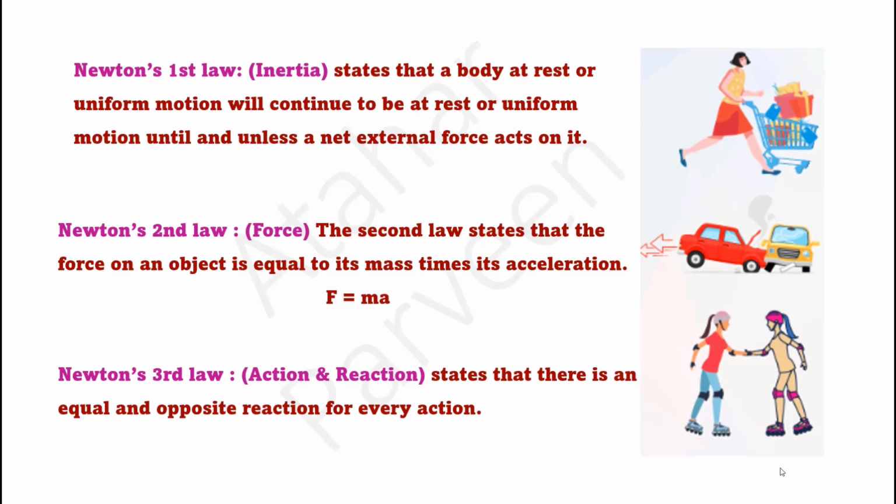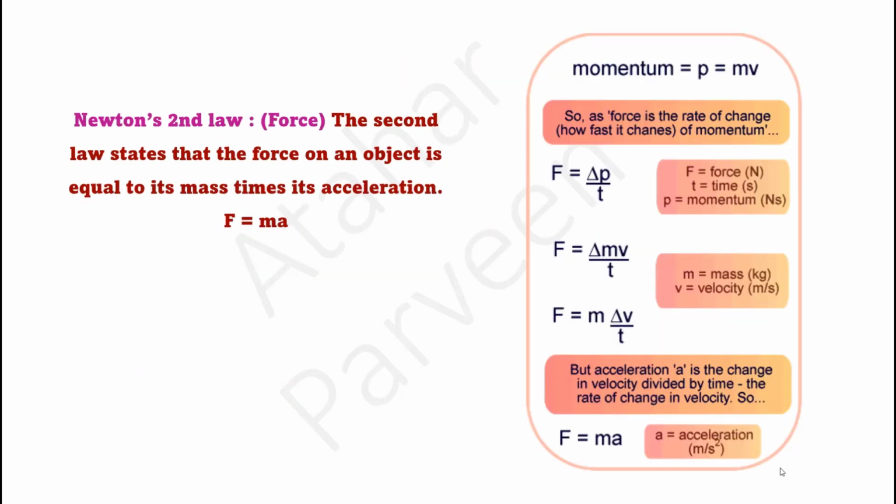After having an idea about all three laws, we will have to give importance to one law, which is Newton's second law, because it deals with momentum also. We have not learned about momentum, right? We need to learn about momentum when we learn about Newton's second law. What is momentum? It is nothing but the product of mass of the body and velocity of that body. The symbol for momentum is P, and that will be equal to mass m into velocity v of that body.